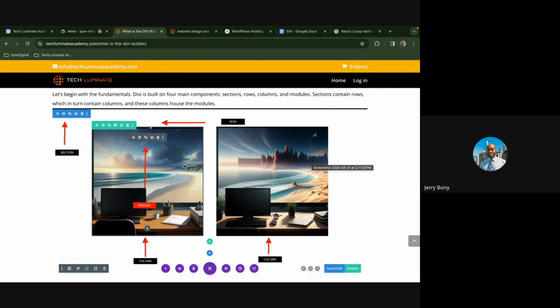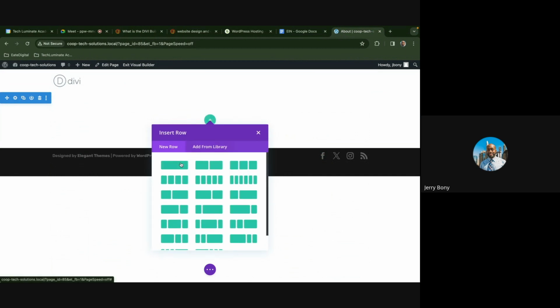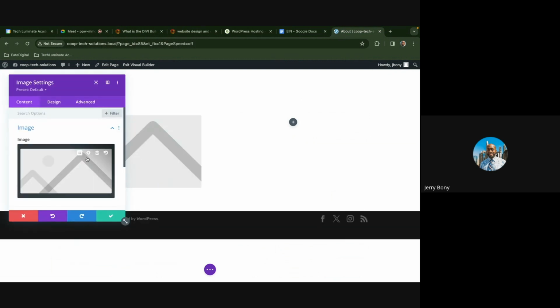So within these two columns right here, we see modules. So we see an image module. That's what these are, image modules, and they live within the columns. So just to demonstrate, I'm gonna go back to my website. So I already have a section. So now I'm gonna add a row. So I'm gonna pick a two column row, and then I'm going to add an image module within this column, and then I'm going to